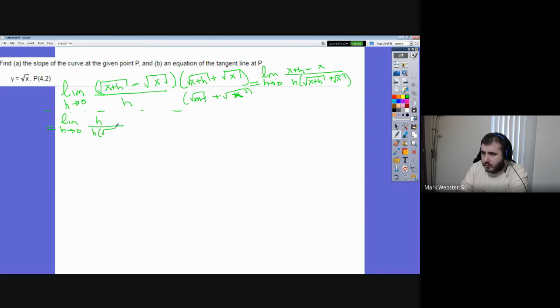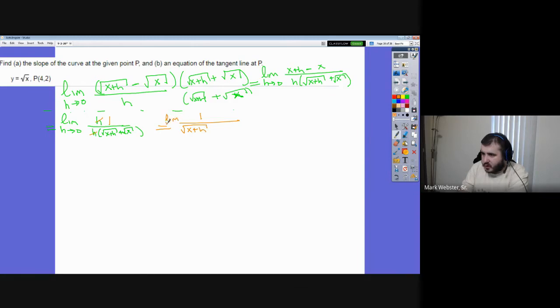And this whole shebang in here, I'm going to write it out because it's painful, and pain is weakness leaving the body, right? And then now look, you've got an h on top, an h on bottom. One is left over on top. 1 over radical x plus h,